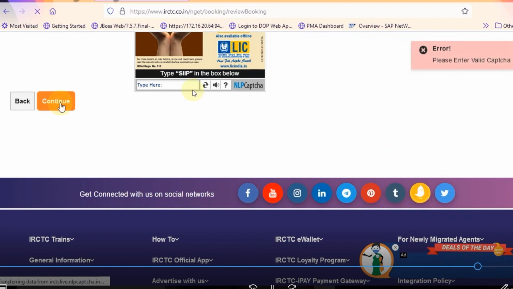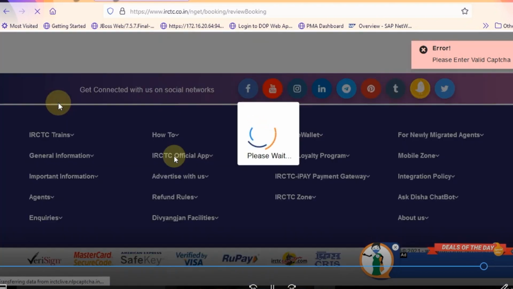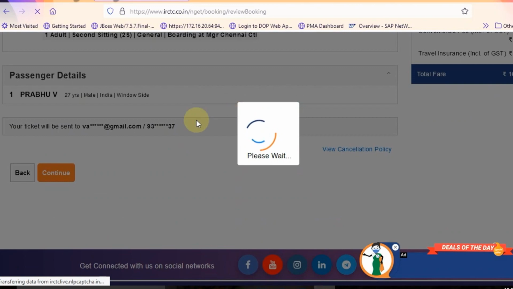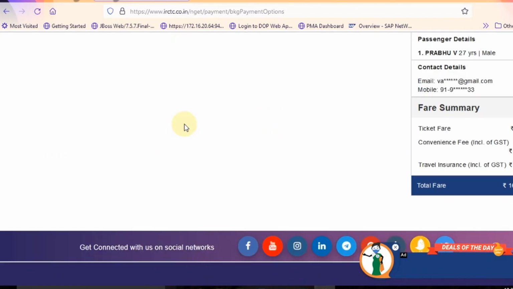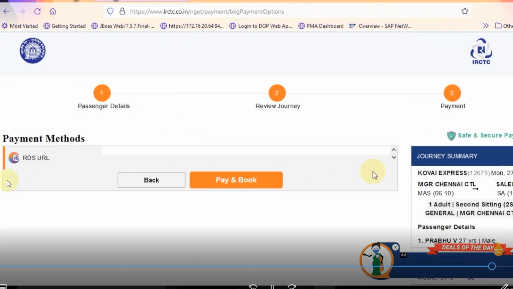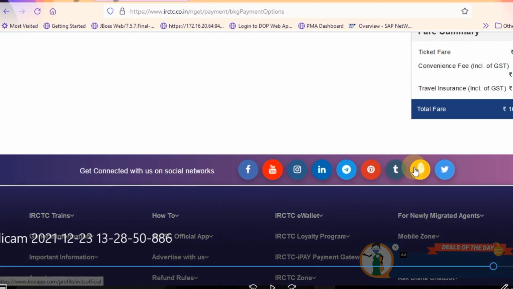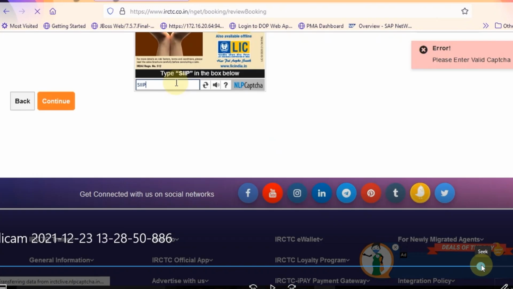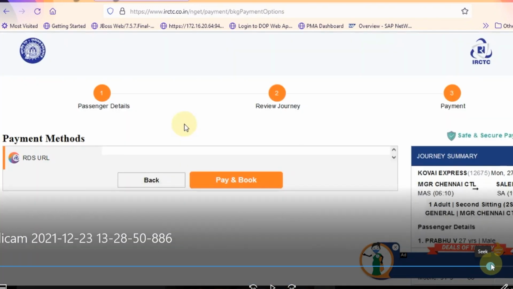Okay, we have reviewed the journey, and now I have entered the captcha text which has been given in the box below, and then click on continue. Now we are moving ahead towards the payment section, and here we will see the available payment methods.